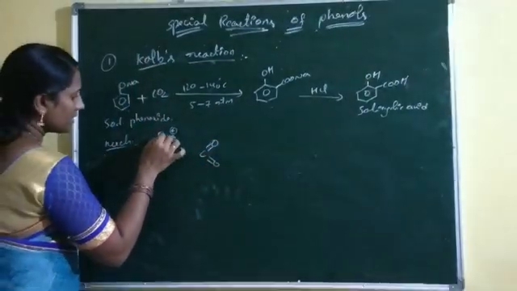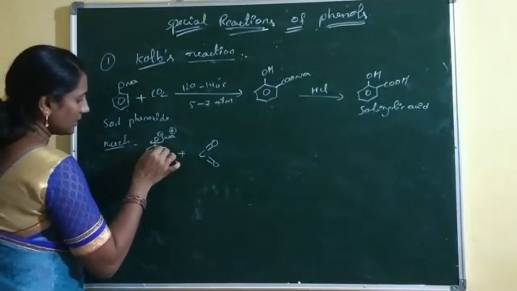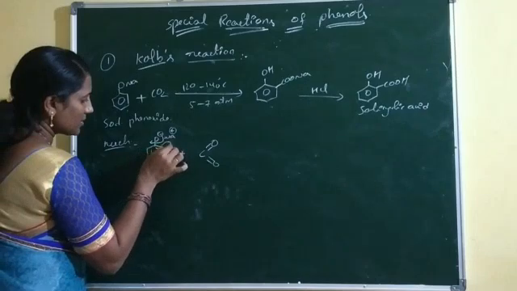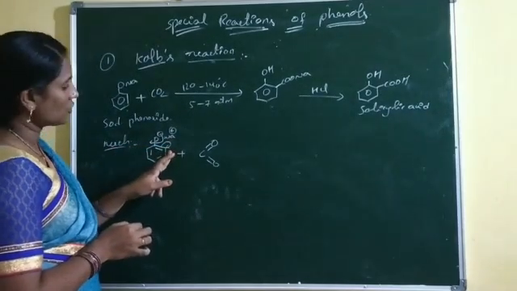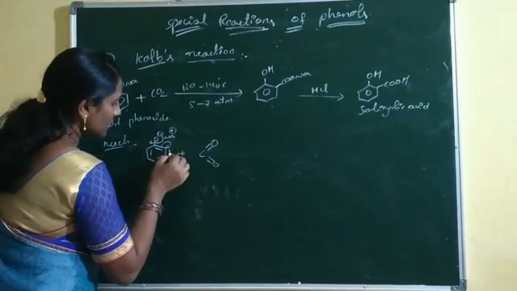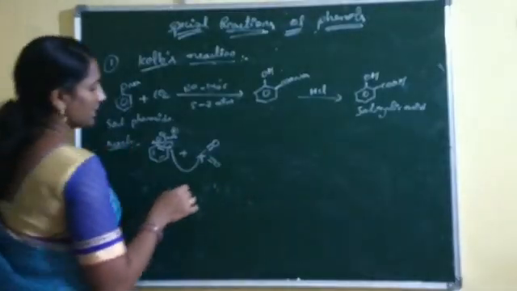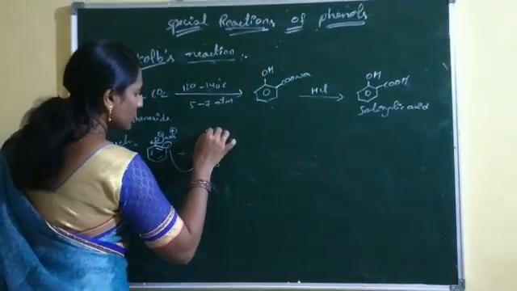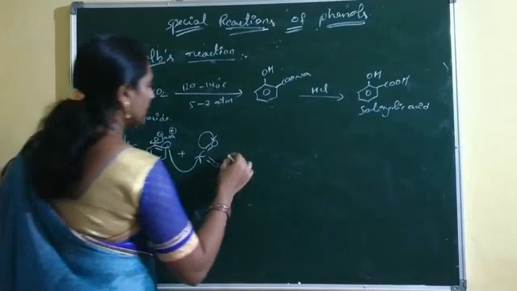Now this O minus is shifted towards the benzene ring side. Immediately this double bond is shifted towards the ortho carbon side. This ortho carbon carries a negative charge. Now this negative charge is adding at the carbon dioxide carbon. Immediately one bond shifted to the oxygen side to form an oxenium intermediate.